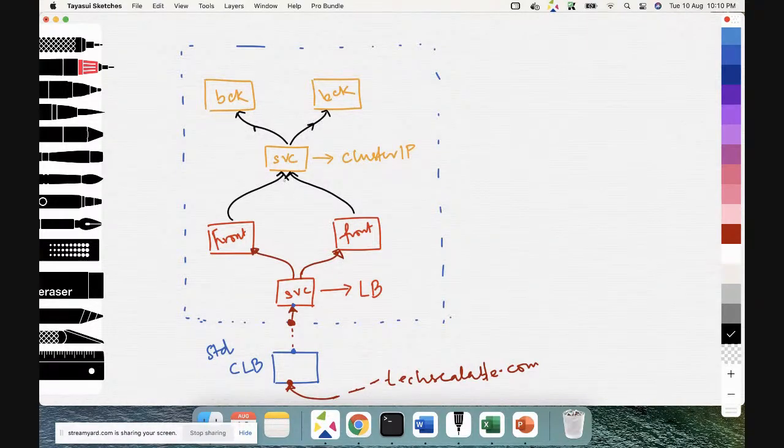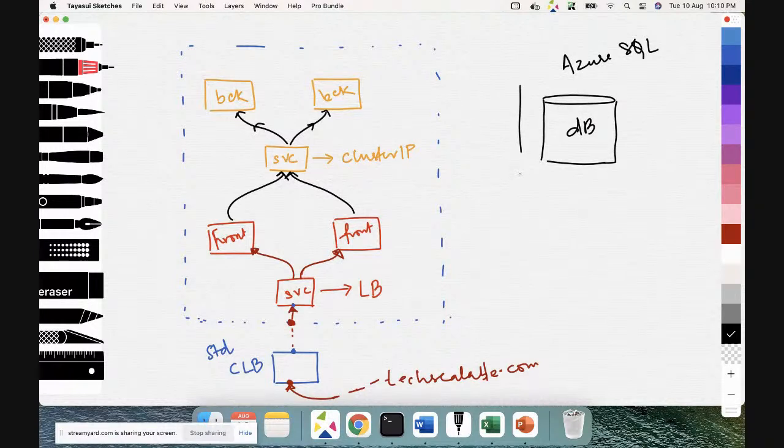If I find it in the cache, well and good. If I don't find the data in the cache, where will I go? I'll go out to my MySQL database, which is running on Azure. So Azure SQL, sorry, I said MySQL, Azure SQL database, which is there. This DB is running in one server.